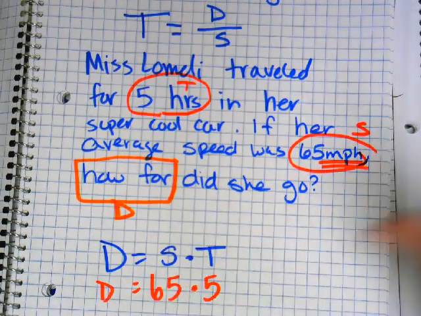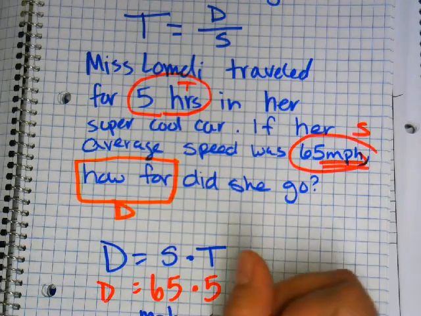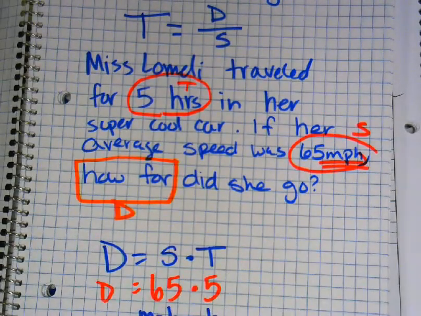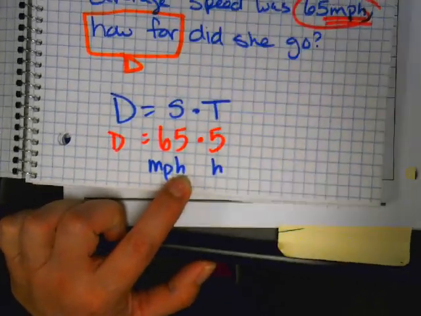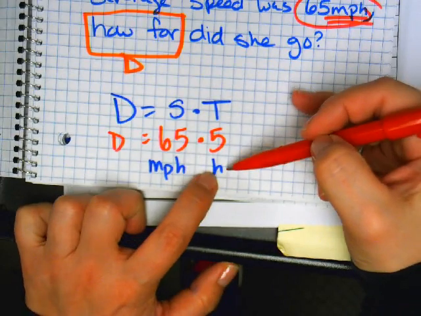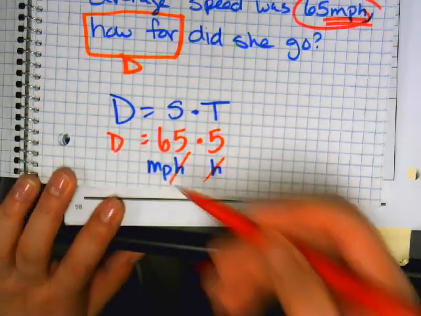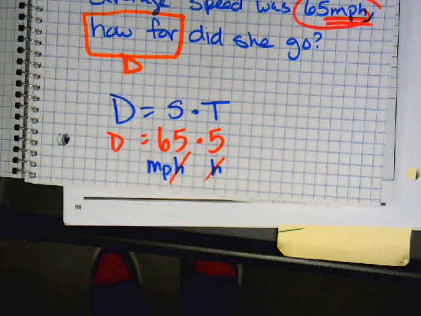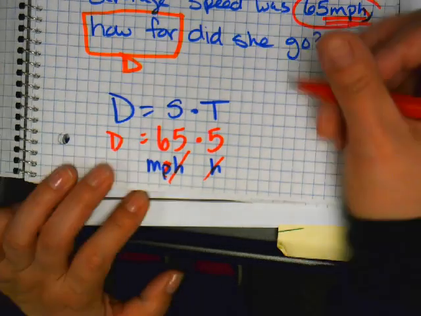So it's 65. This is the long way. 65 miles per hour, 5 hours. In multiplication, when you have the same word repeated, you see how I have hours and hours? Those get eliminated. The per, just ignore it. So what am I left with? Miles. So my answer is distance is equal to